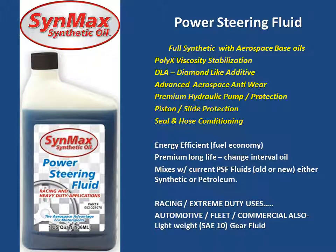SynMax power steering fluid, designed for racing, heavy-duty extreme requirements in automotive, trucking, fleet, and commercial needs. This is a wonderful product. It's fully synthetic with aerospace base oils and hydraulic fluids, including the PolyX viscosity stabilization formulation with diamond-like additives for maximum protection and the lowest coefficient of friction available, including advanced aerospace anti-wear synthetic chemistry for premium hydraulic pump protection and performance,